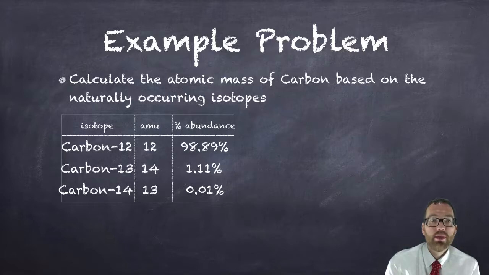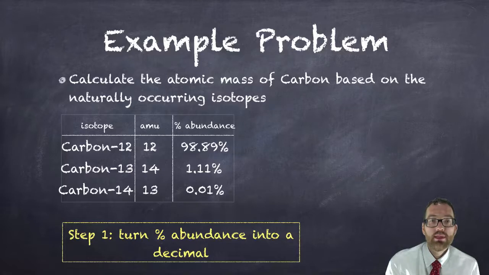Calculate the atomic mass of carbon based on the naturally occurring isotopes. So remember, step 1 is we want to turn the percent abundance that they gave us into a decimal. So 98.89 becomes 0.9889. And I did that just by moving the decimal 2 places to the left, or in my calculator dividing that number by 100. 1.11% becomes 0.0111. A common mistake I see kids doing on this problem is just to move the decimal in front of the number. Remember, you have to move the decimal 2 places to the left or you didn't do it correctly. Carbon-13 has a percent abundance of 0.01%. As a decimal, that would be